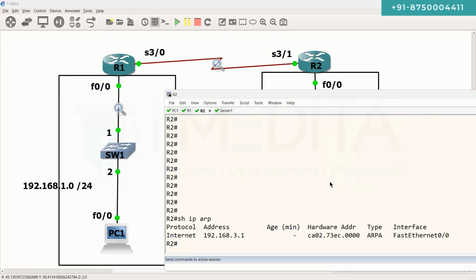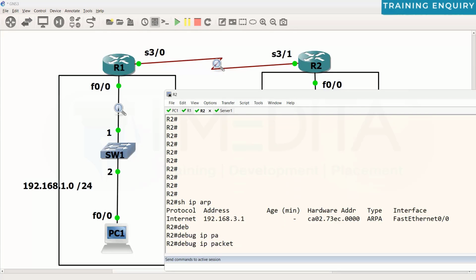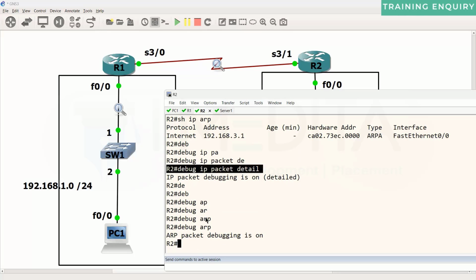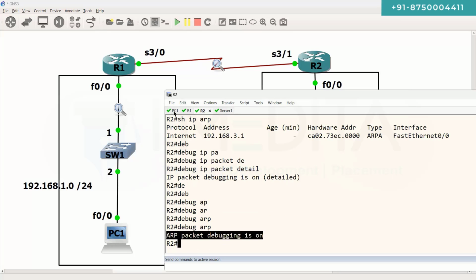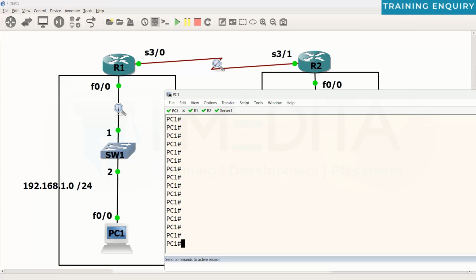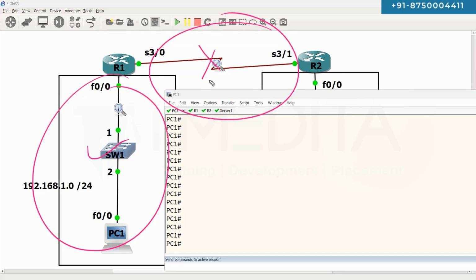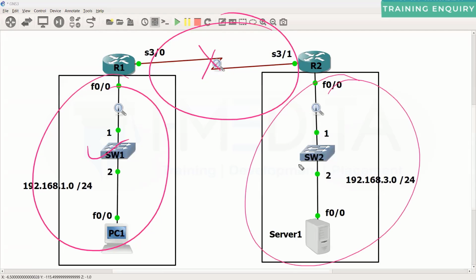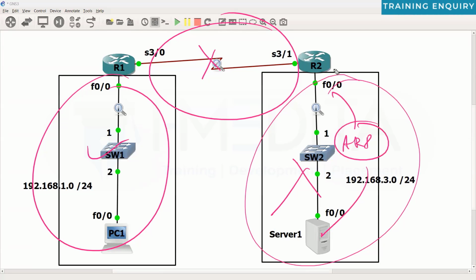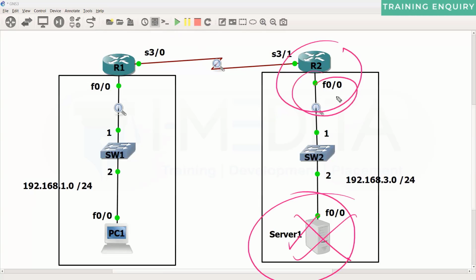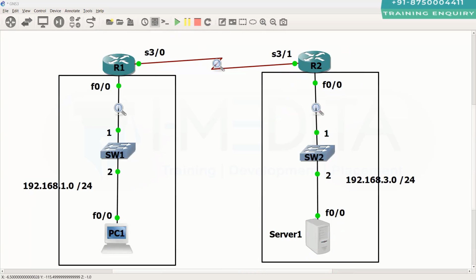I will go on router number 2: debug IP packet, maybe detail, and debug ARP. I went on the PC and pinged again. Remember, here everything is okay. Here on router number 2 and server number 1, we still do not have any ARP cache entries. This router does not know about this PC. This server does not know the MAC address of the router. So if I ping again,